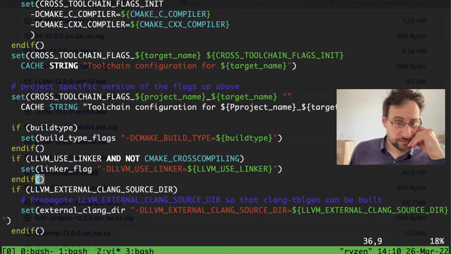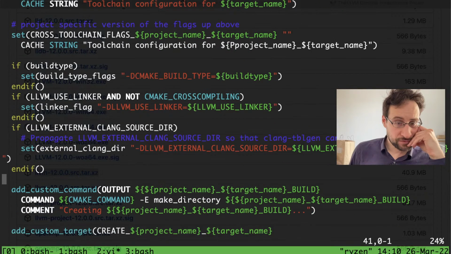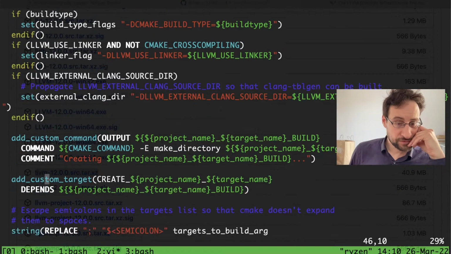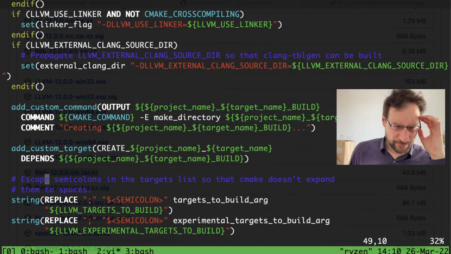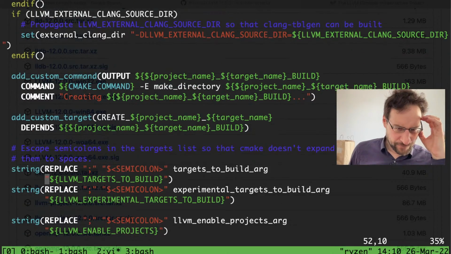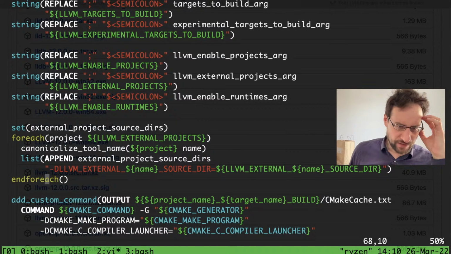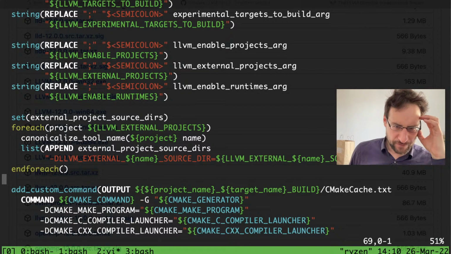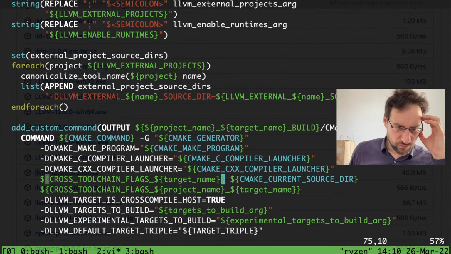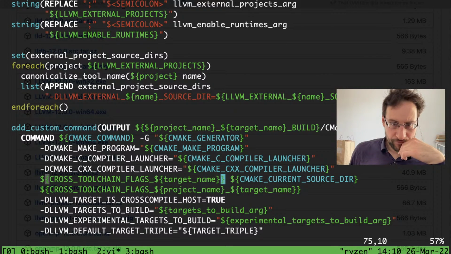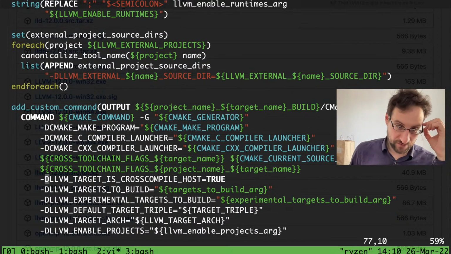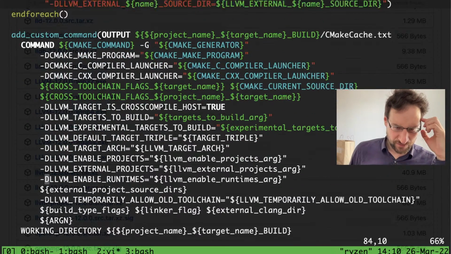Toolchain flags, toolchain configuration, build type, yada yada, add custom command, target. I'm totally not a fan of CMake, but who thought it is a good idea to use the domain-specific language, what otherwise is shell scripting?